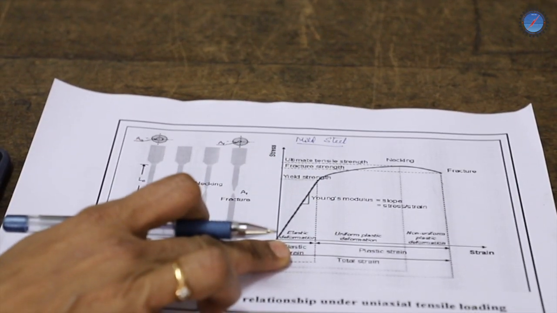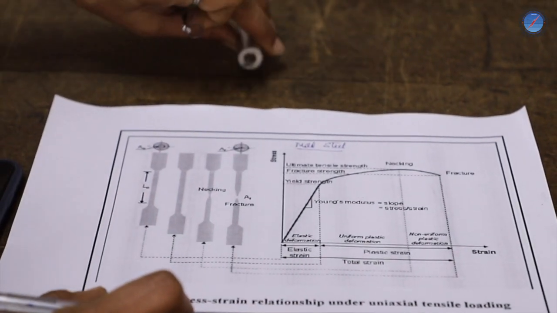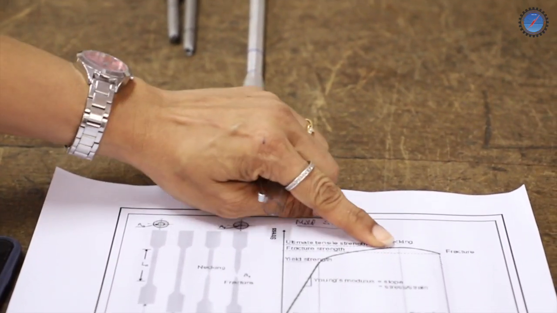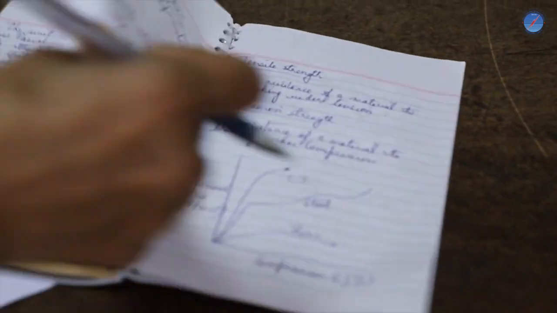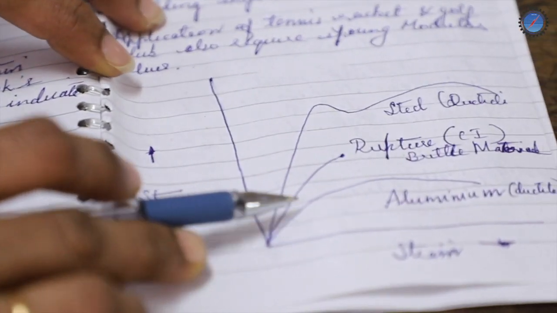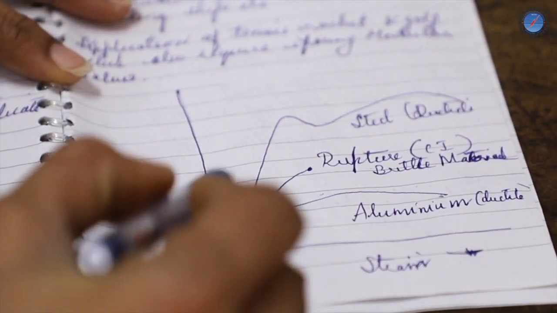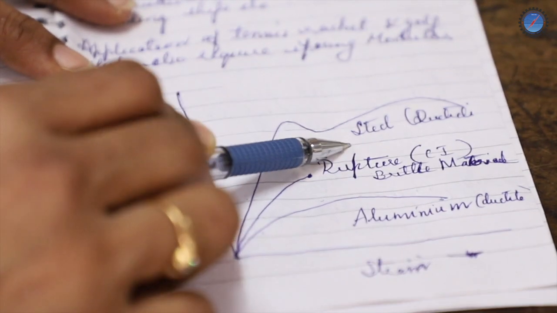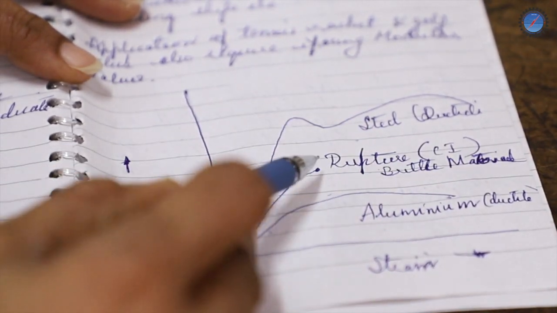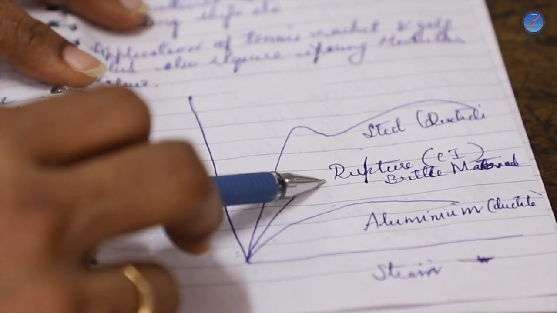Slight changes in the graph, because aluminium is also a ductile material, as well as mild steel is also a ductile material. Slight changes in the curve you can get. If you go with the cast iron, you can come to know about various types of graphical representation of different materials. So aluminium you might get like this. This will be the steel, ductile material. This is also ductile. This one is nothing but brittle material. So cast iron, the rupture occurs immediately. That means to say it would have attained plasticity at the earlier stage.